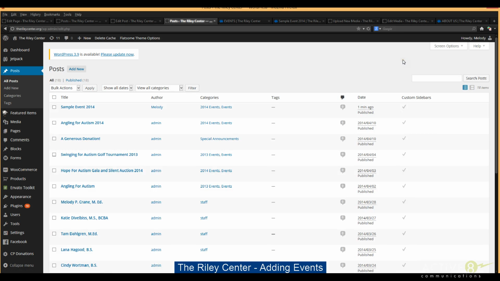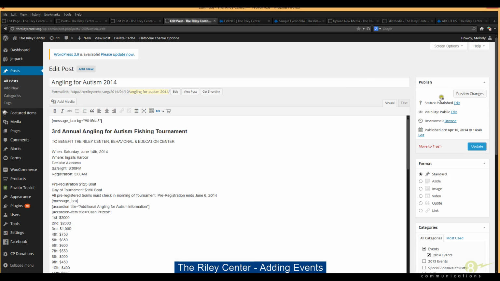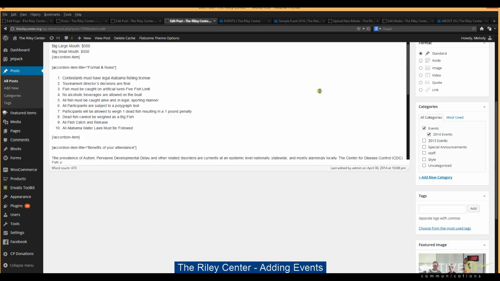So as of right now, since you only have 3 events, you can just go to the previous year, copy that information, paste it into the add new post, and then just go through and change the small things like the time and the date and where it's located, and then update those PDFs as well. You can leave the titles that are already there for the PDFs and just kind of change the little things that you need to, because that's honestly what I would do, is I would change as little as I had to,